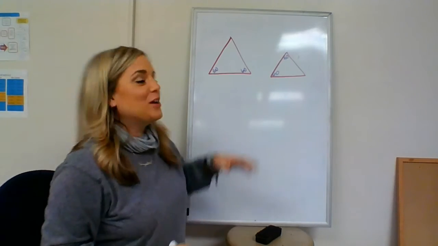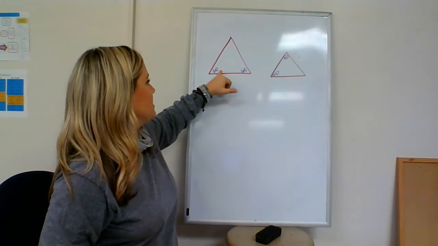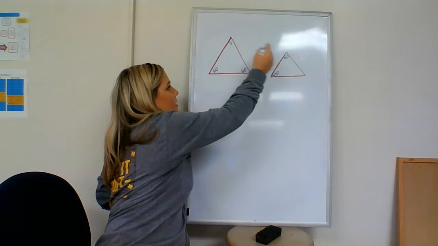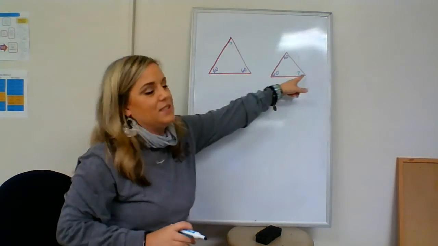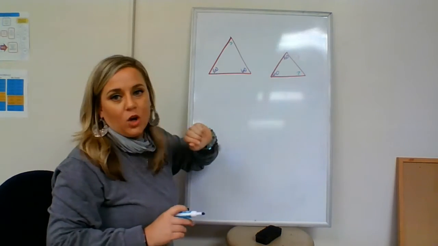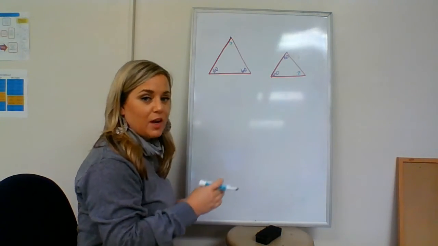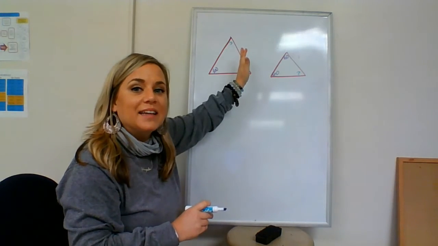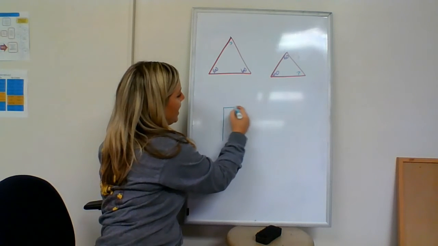Okay, first, you've got to understand, this triangle has angles of 60 and 60, and we don't know this one. And this one is 60, and that one's 60. So we don't know this missing angle or this missing angle. Before you can tell if they're similar, you have to understand, if you have a missing angle, how do we find that missing angle? Well, you need to know that,